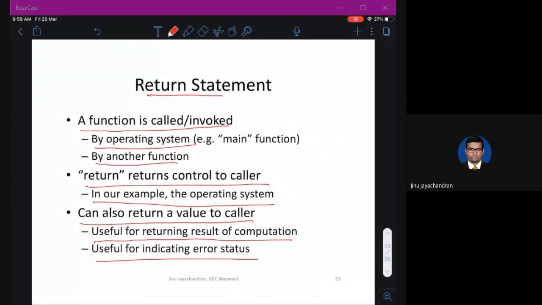Okay. So before closing this session, let me just show you how this program gets executed. Let me see if I can share my tab.